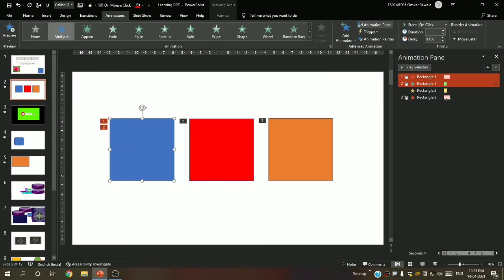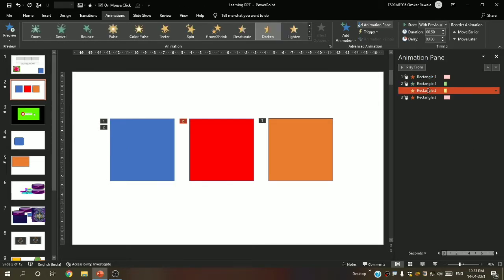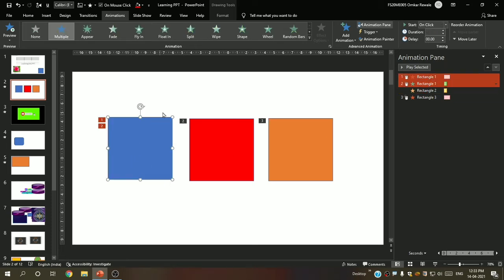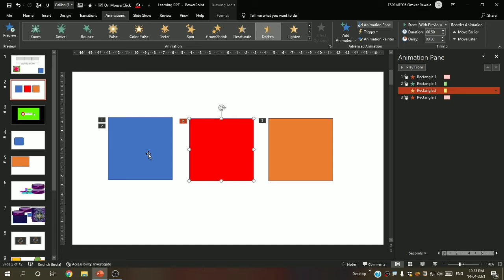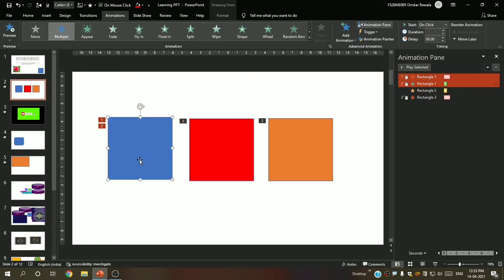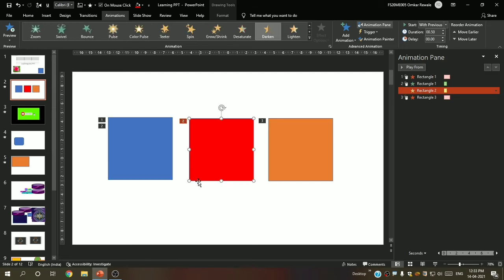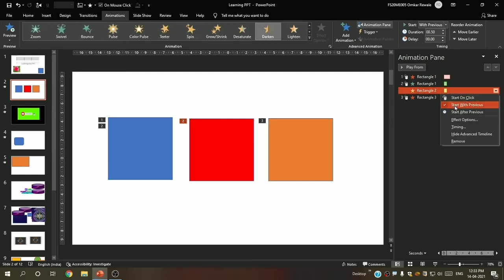Now we will see after previous. For example, I want this shape to animate right after this one. That means when this shape shows its animation, immediately after that this shape will also show its animation. For that I will right click over here, and you can also check these three options over here.